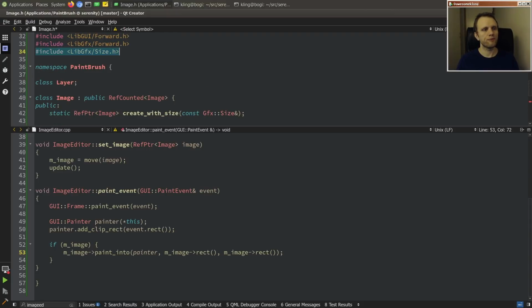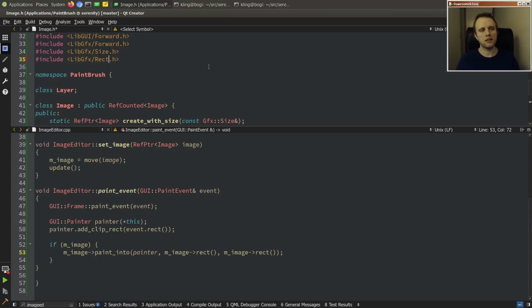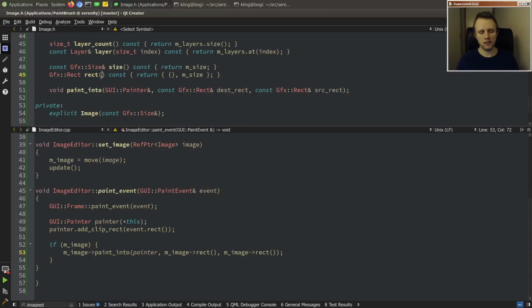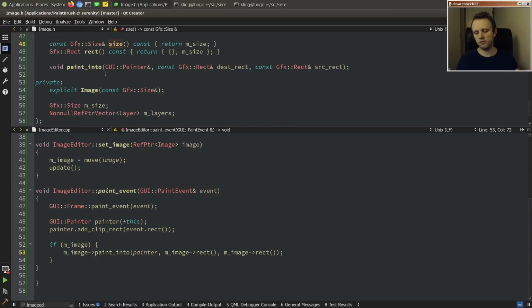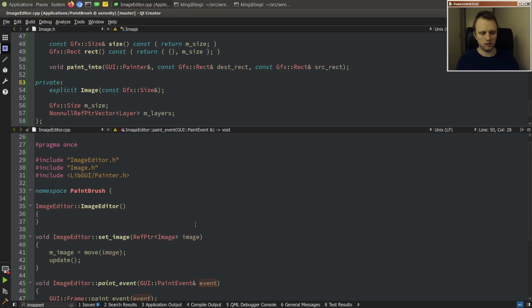So basically, if you ask for the rect, since the image only has a size, it doesn't have an X and a Y position, we'll still let you ask for a rect, and we'll give you one just with 0, 0 as the X and Y value, which comes in handy quite often when you want to turn a size into a rect, but you don't care about the X and Y. So here, for simplicity, we'll just do it this way right now. Okay, and then